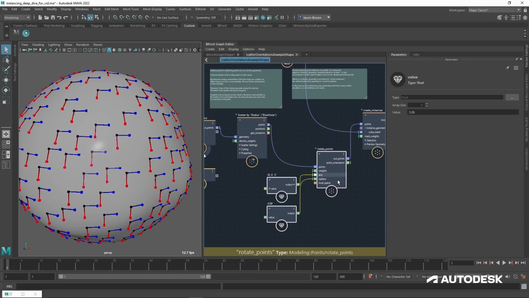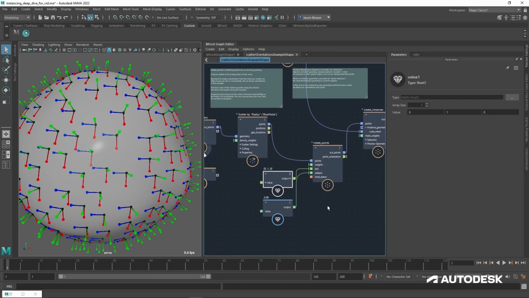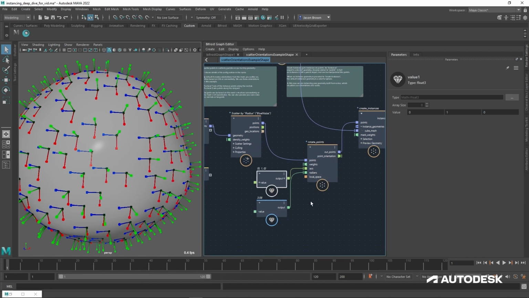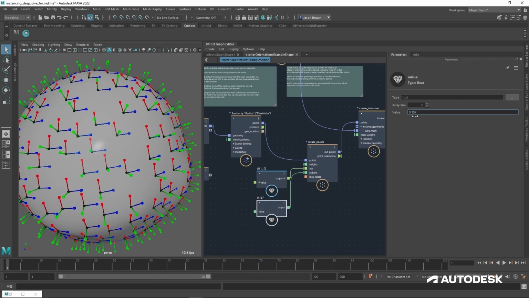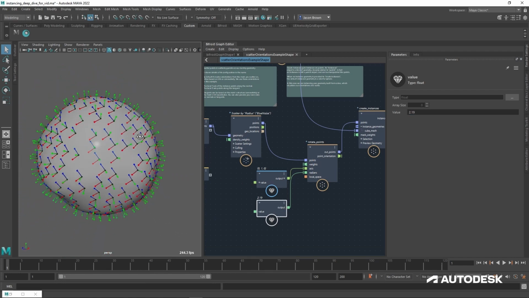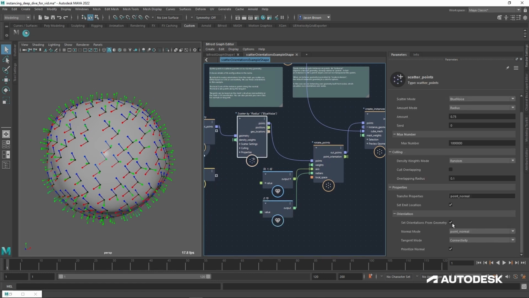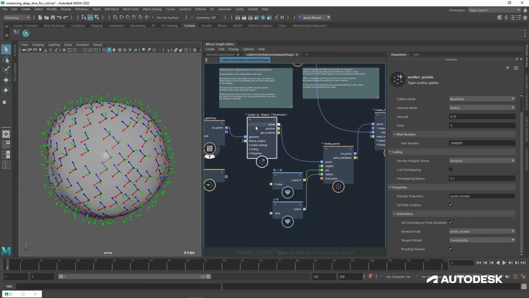So when I put on a randomized rotate, what I'm essentially doing is rotating points like this, but I'm putting in a random value in radians for the Y value in my randomized point rotation. So that's just a quick demo to let you see how this is working. And this is not a perfect sphere, it's lumpy. You can see that they stick to the surface quite nicely. And all of this is because we are making orientations based on the geometry, based on the point normal and the connectivity.